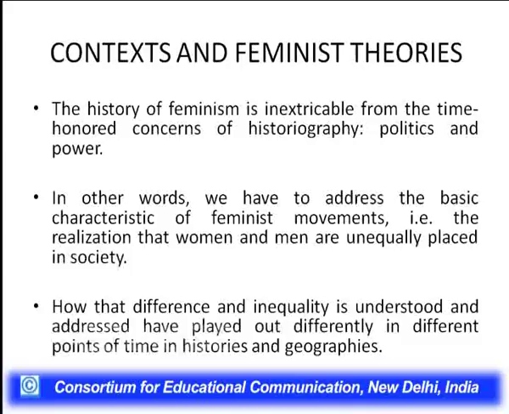For example, ministers would have certain kinds of power, bureaucrats would have certain kinds of power. That is not just the kind of politics and power that we are talking about when we talk about feminist politics and feminist power. We are talking about power that appears to be normal, but actually is showing hidden dynamics